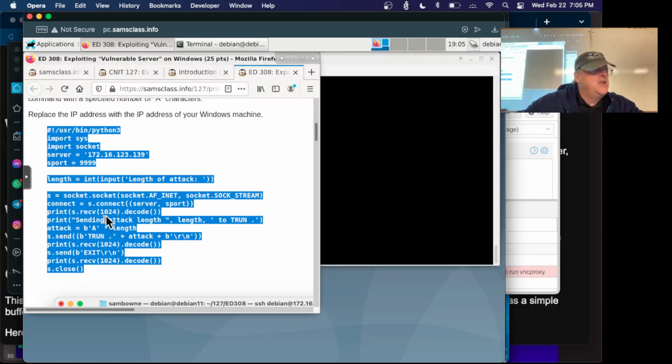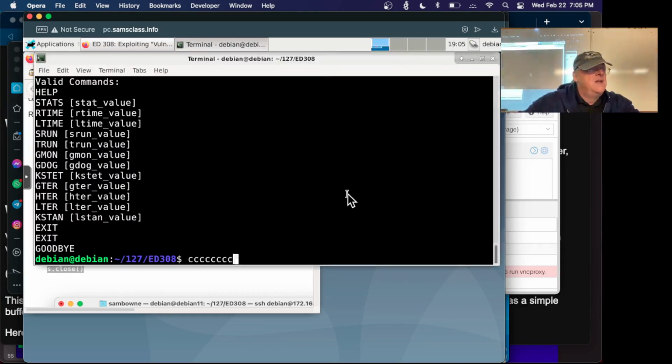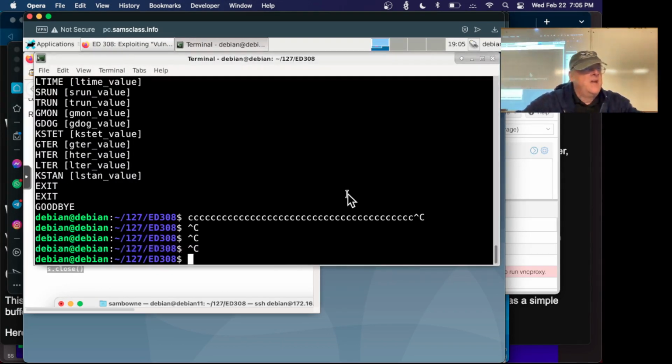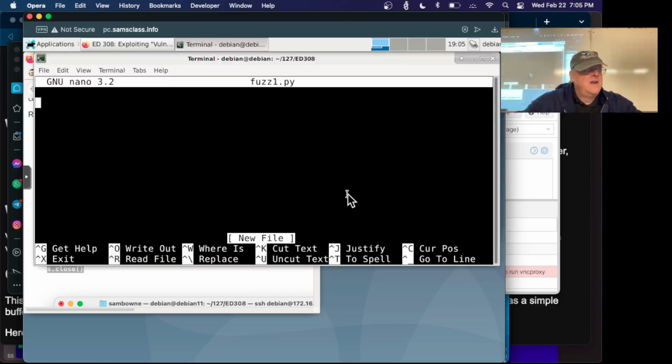Well, it's not listening to me when I right-click it. Or maybe Control-C will work. We'll see. Now, whoa, Control-C. Now let's try nano fuzz1.py, and